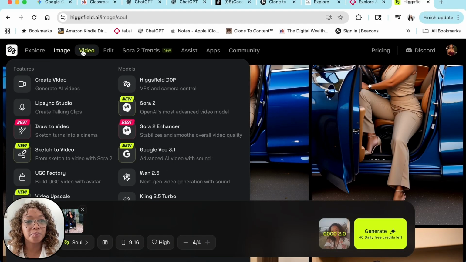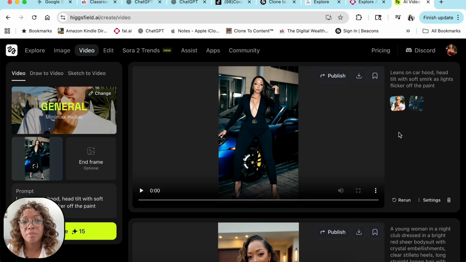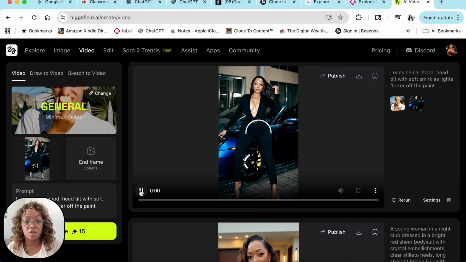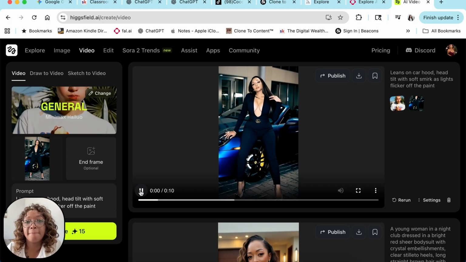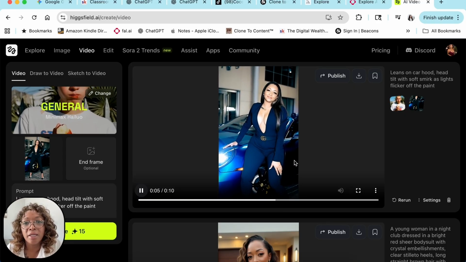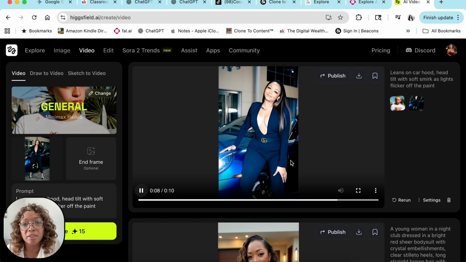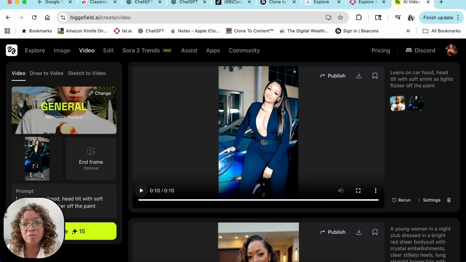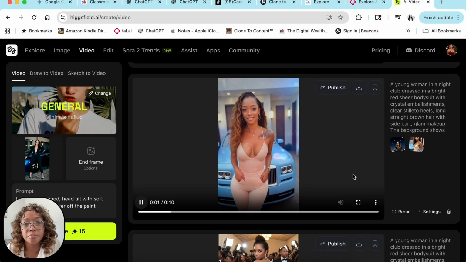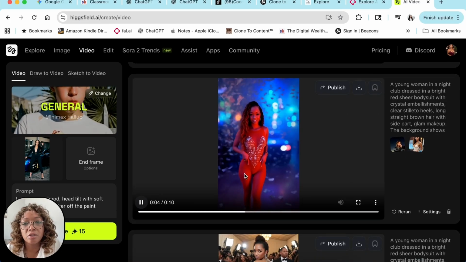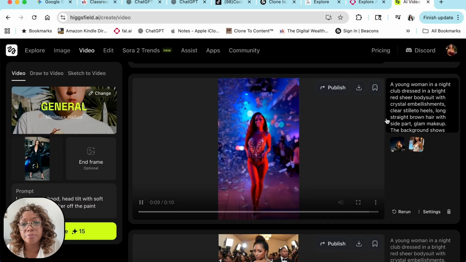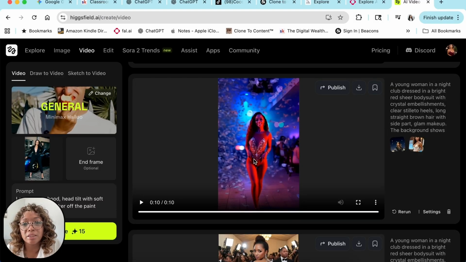But I love Hicksville. Let's see, video. I love Hicksville because it's the most realistic looking one that I've come across so far. Okay, see, this is the one of me sitting on the car. And sometimes I don't like how it starts out looking like me, but then see, she ended up looking different. I don't look like that. Was this a good one? No, because this prop didn't come out the way I wanted it to. I mean, in a way it did, but it wasn't.